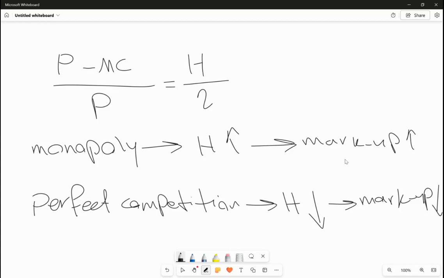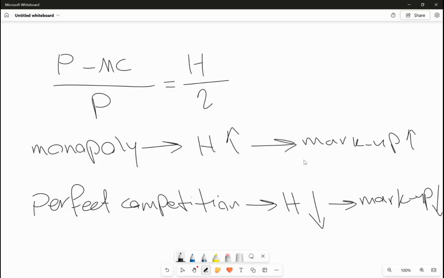We are assuming these two firms have zero fixed costs, and it's only variable cost for both firms. And under variable cost, this is actually variable cost per unit, right? And since we just said that the cost structure is the same, that means the variable cost per unit for both firms is exactly the same, right? And that means the total cost for firm 1 is CQ1, and the total cost for firm 2 is CQ2, right? I need to fix it later, but there is no equity here.